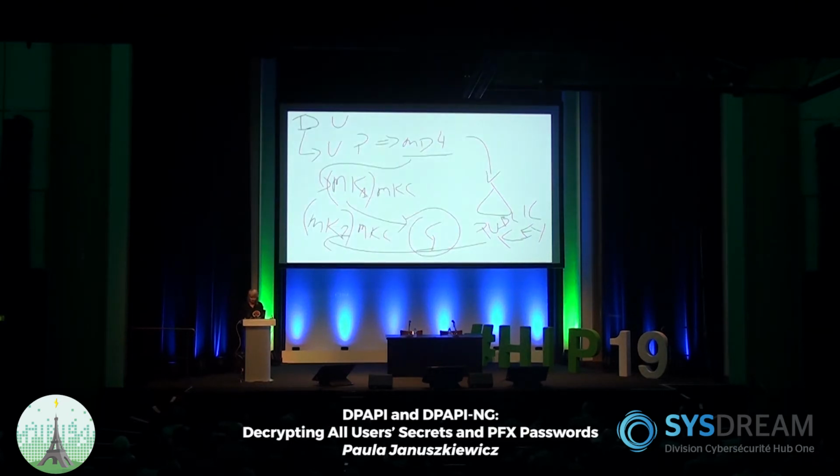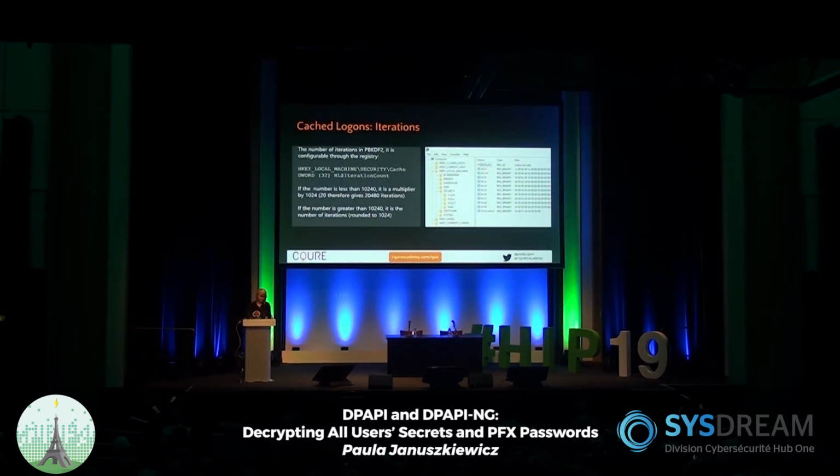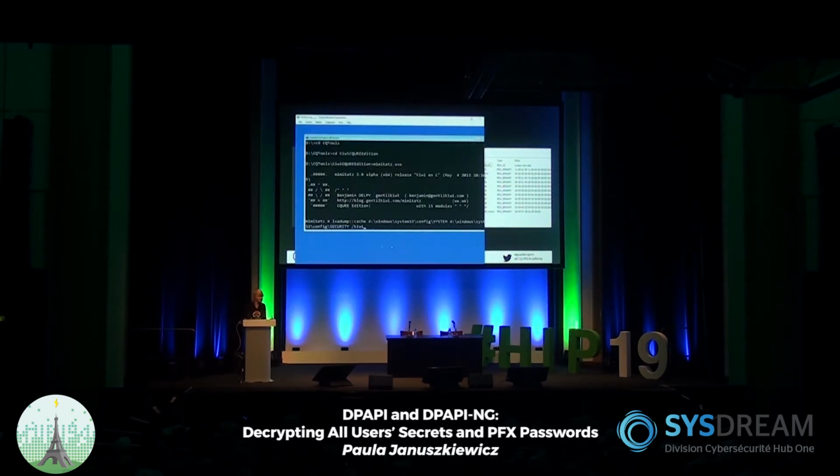Now, why am I referring to system and security? Because when we look at the cache logon data, before we press enter, a small explanation is needed. Cache logon data is stored in the registry in the security hive. By default, it's 10 values. And that hive, or anything that we call system secrets, is encrypted indirectly with the boot key, and the boot key is stored with the system hive. So this is why we are referring to the system and security hives in one command.